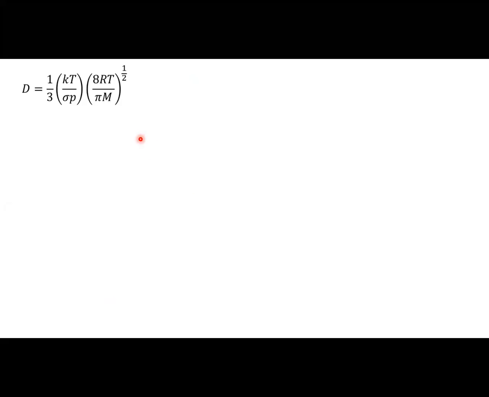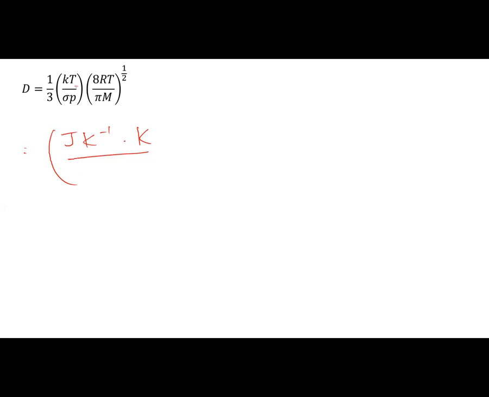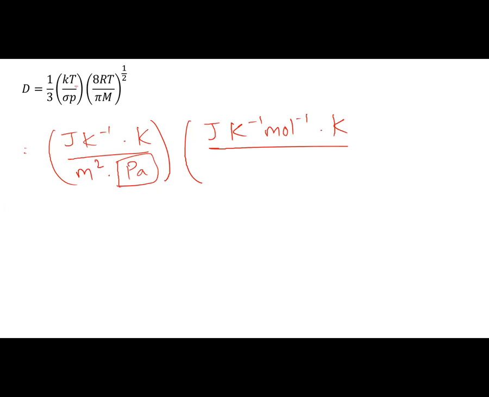All right, I pull this equation once more to calculate the units for this. So the first one is the Boltzmann constant k, which has the units of joule per Kelvin, and then we have temperature again here over sigma, which is nothing but meter squared, and pressure we have in terms of pascals for now. Okay, and the gas constant is joule per Kelvin per mole times again Kelvin per temperature, and mass